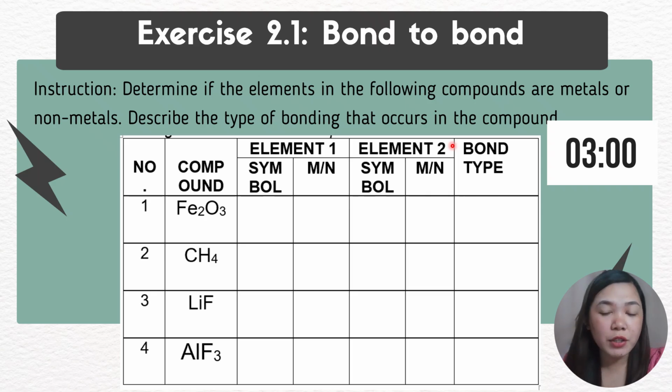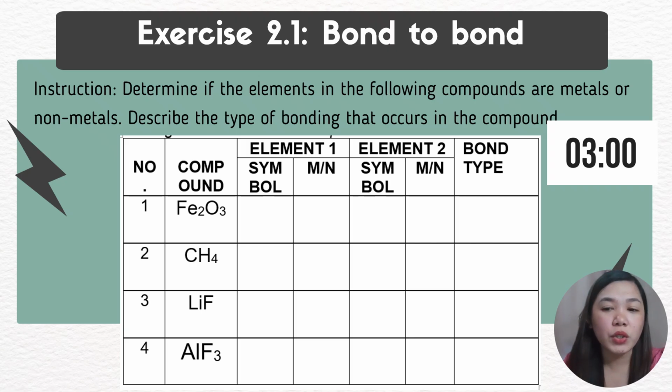I have already given you a lot of examples from the previous video lesson and from the earlier things that I have just discussed. So we'll have a timer here. In your one whole sheet of paper, I want you to answer now the following. I want you to copy the table that you can see in exercise 2.1. After 3 minutes, we're going to move on.